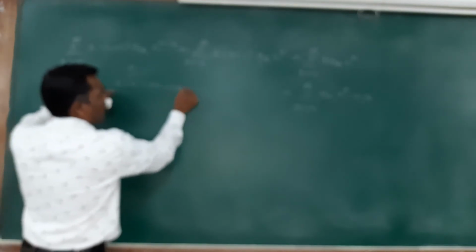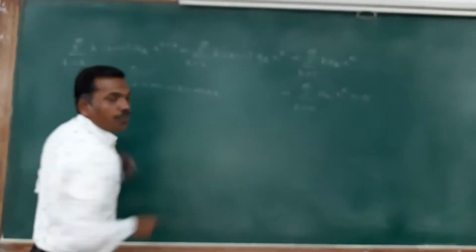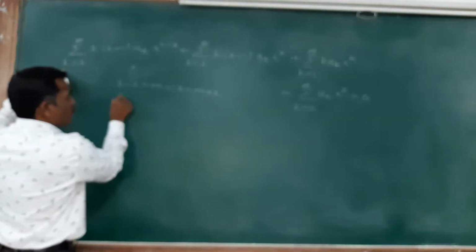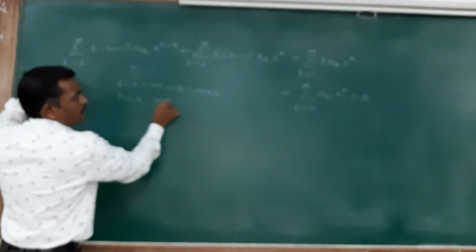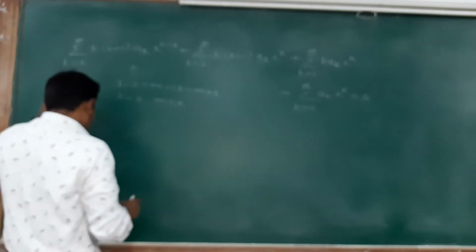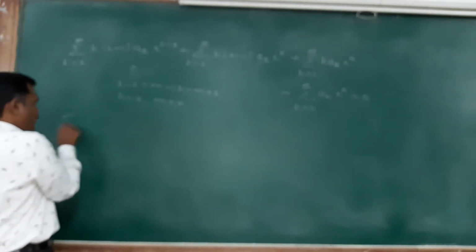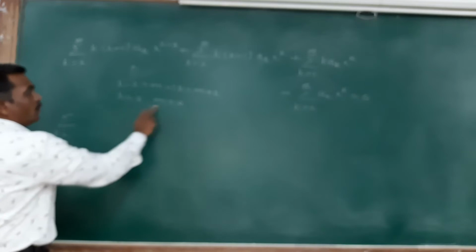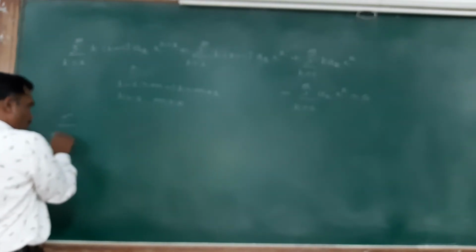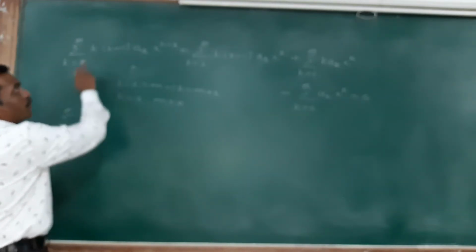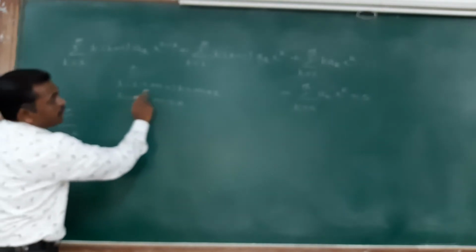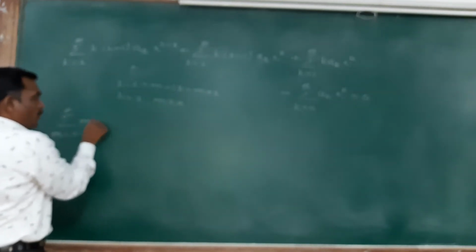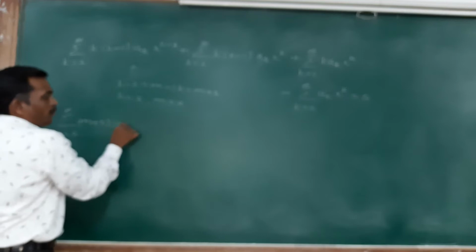So here I get k = m + 2. My k starts from 2, which means my m starts from 0. So I get the first summation, m = 0 to infinity, with k = m + 2, so (m + 2)(m + 1)